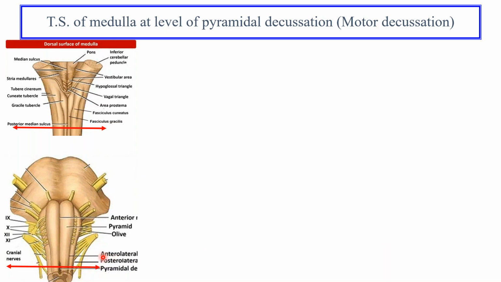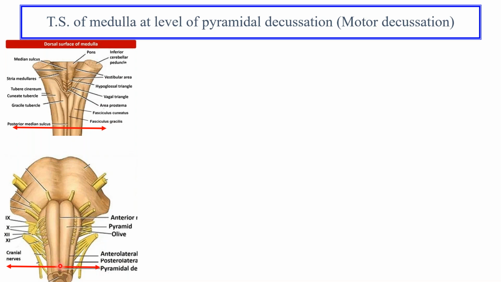So we go with the first section, which is the transverse section of medulla at the level of the pyramidal decussation. These are the pyramidal decussation levels anteriorly and posteriorly. This is through the ventral aspect. It is more clear. Posteriorly, you have to just imagine this plane, but anteriorly it will be more evident. So at this level, when you draw the cut section, imagine what all structures you can draw from anterior to posterior, because you know how to draw the spinal cord, but you don't know how to draw the brainstem.